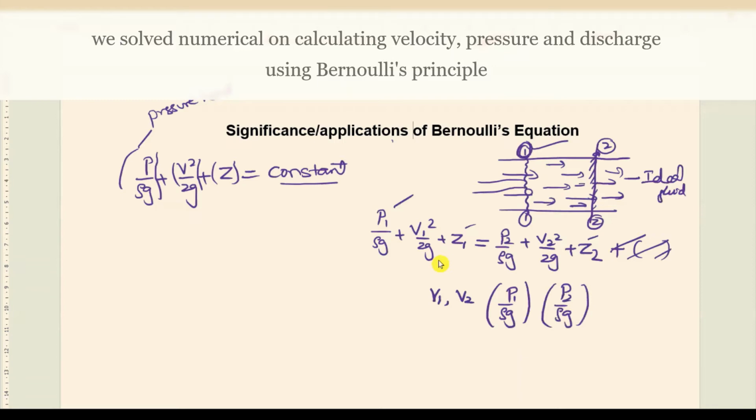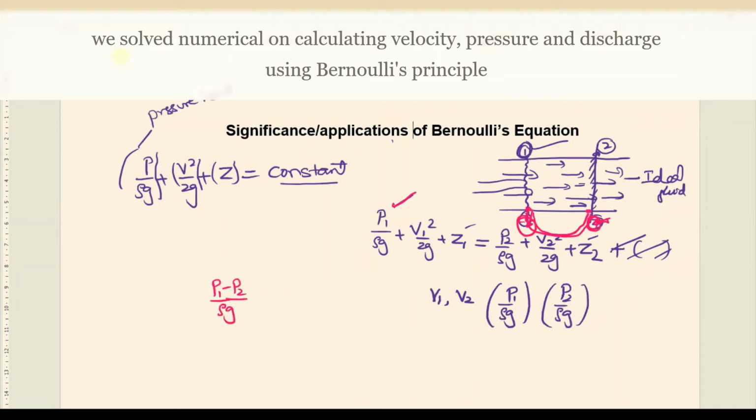Usually in the industry, what they do is they will fix one pressure gauge at point number 1. For example, here is one pressure gauge. It gives the value of pressure at this point 1, and here also some pressure gauge is fixed. Or you can use a device called a manometer. The differential manometer is used for measuring pressure difference between these two points. That I have discussed in previous classes. So using the manometer, you will get the pressure difference P1 minus P2 by rho